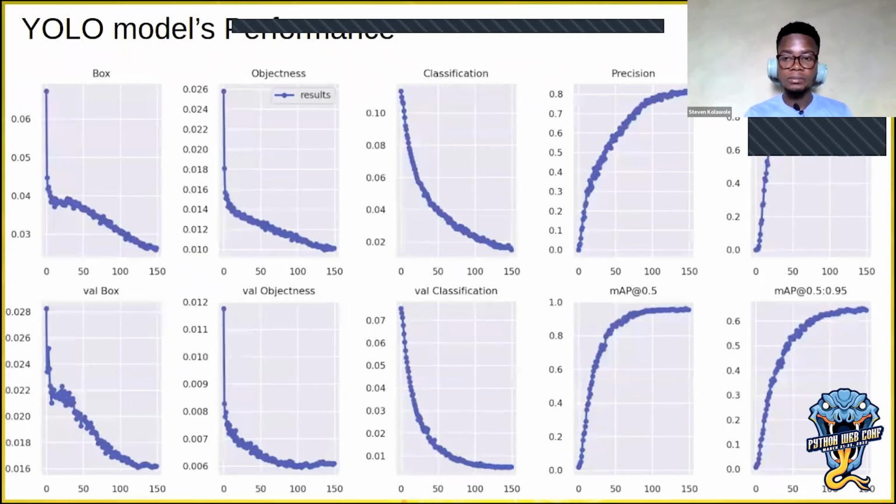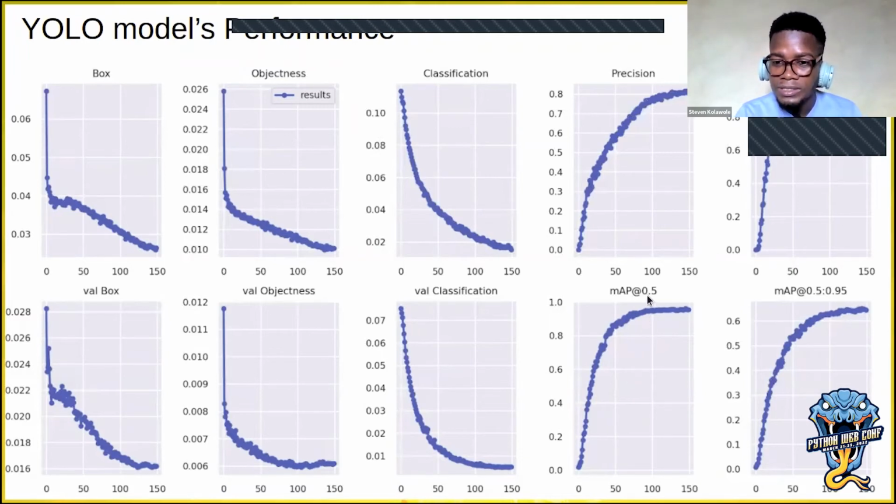This is our model performance over time. I think these five right here are the most important metrics. You can see that the precision score increased over time, to a little bit over 80%. The same goes for the recall. The recall score is almost close to 100%, right?